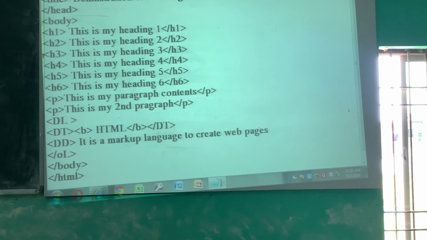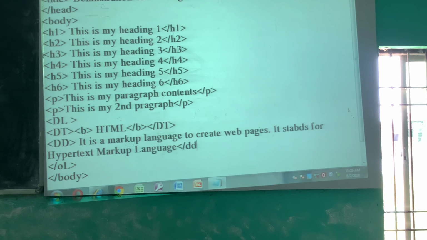Okay, it is a markup language to create web pages, and it stands for hypertext markup language. So this is my definition, and /dd, and here you have to close the DL tag. That means the definition list starts here and ends here.